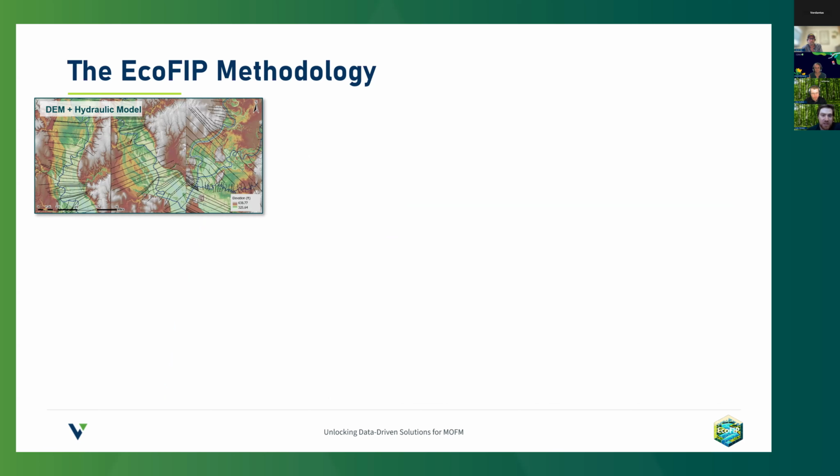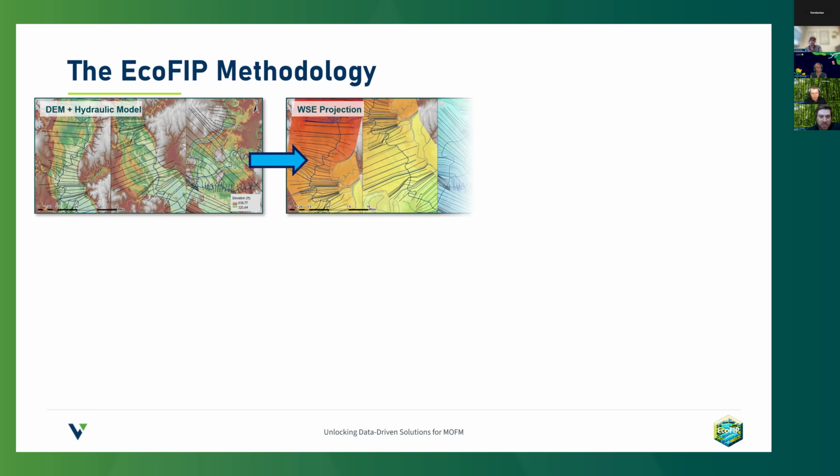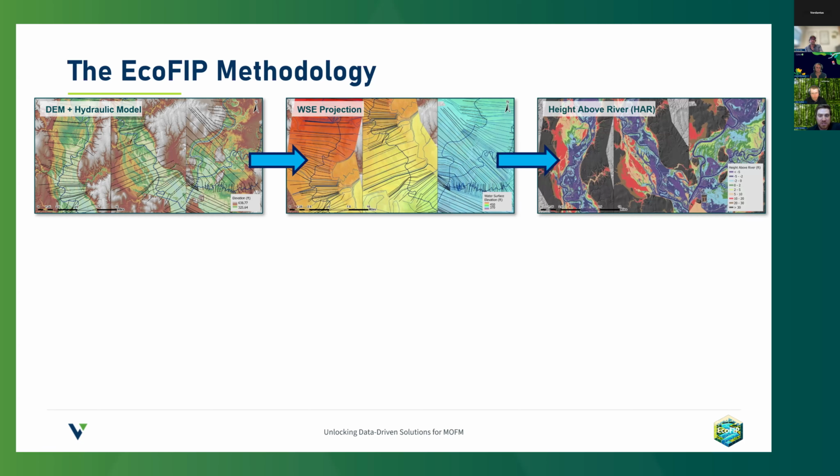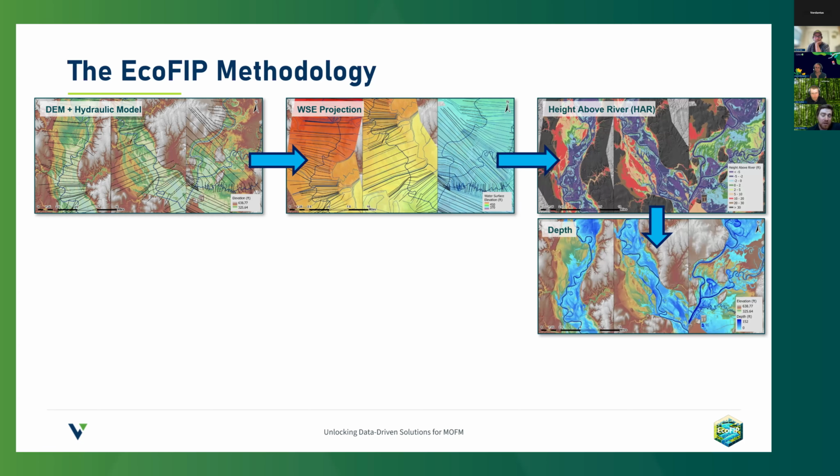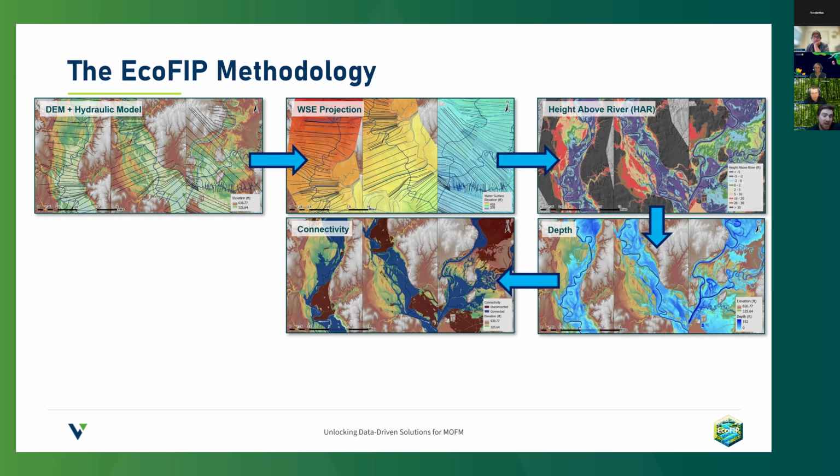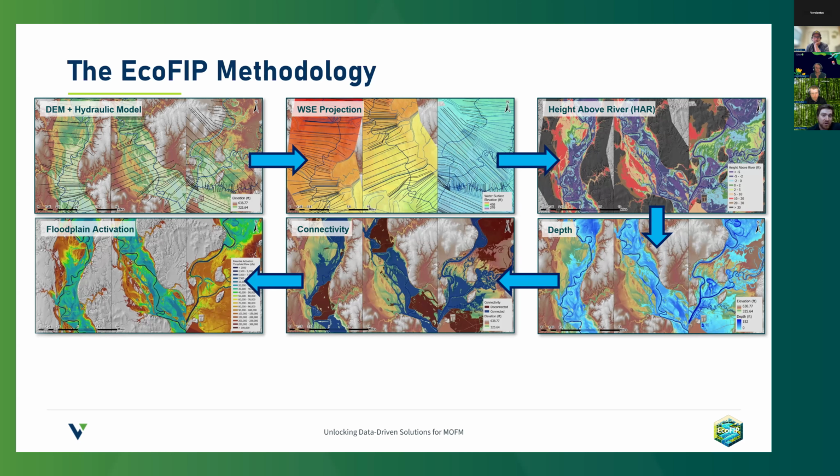So I'm going to show a couple of the types of data sets that go into EcoFIP and come out, and then we'll step in a little more detail in the following slides. But we're ultimately starting with a digital elevation model, which is showing our topography of the river system, as well as a hydraulic model. And from those data sets, we're able to pull out a series of maps within tier one that ultimately describe how the floodplain inundates as a function of flow or discharge in the river. This gives us a good understanding of our physical inundation potential, as we talked about.